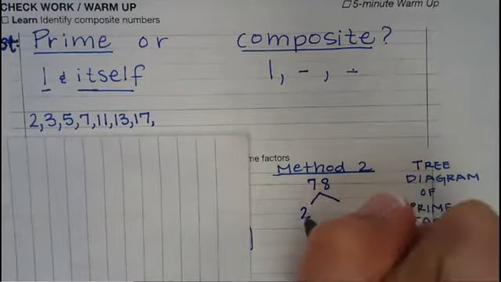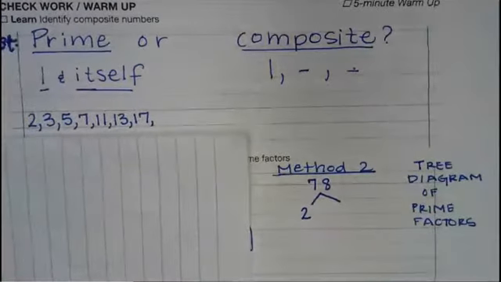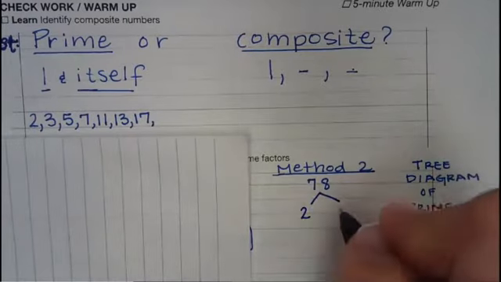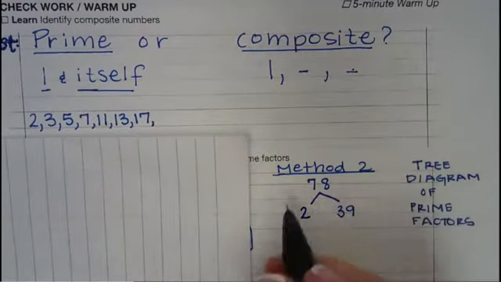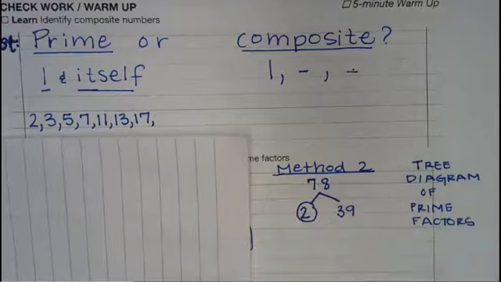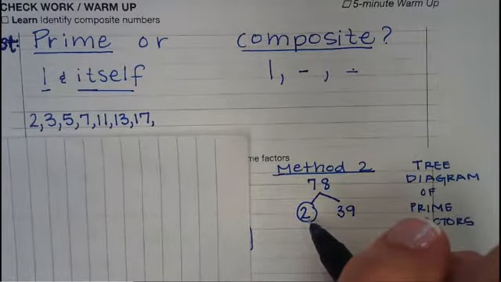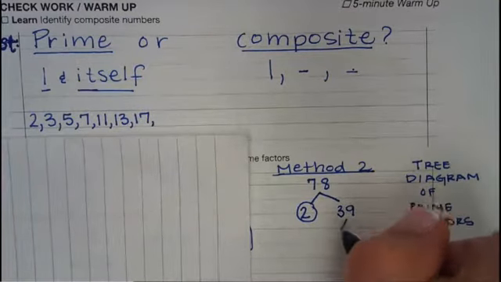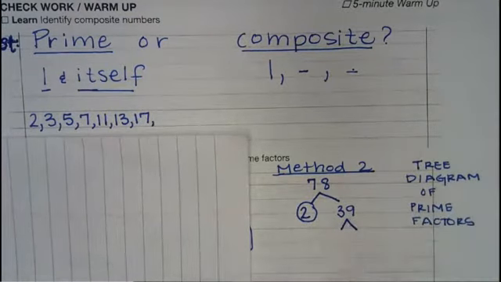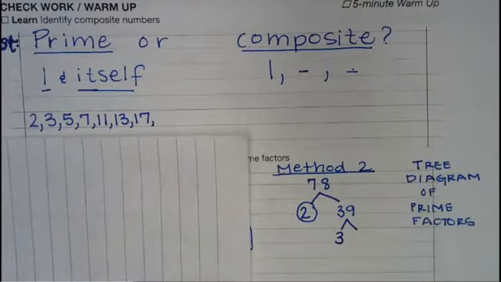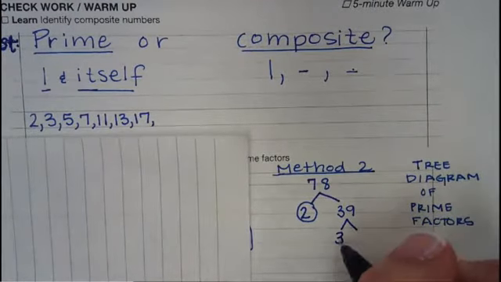So 78 divided by 2 was 39. So this was my prime factor. I'm just going to circle it so I can see it. I can't divide that anymore without just having 1 and 2, which would be the same. So I'm going to take the 39 and I'm going to make a tree off of that. It's not even, so I can't divide by 2, so I'm going to try 3. And I know from my other chart that 39 can divide by 3, and I get